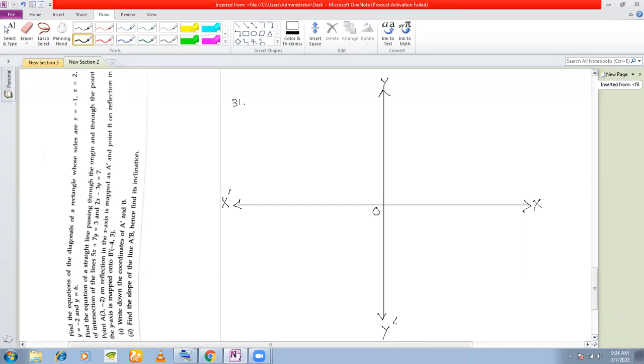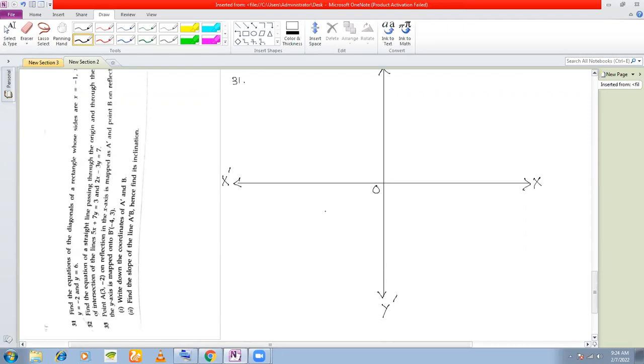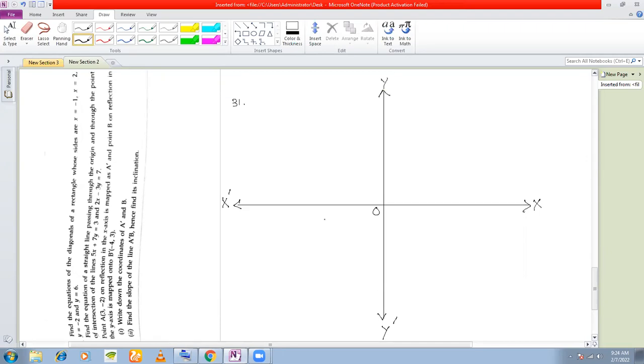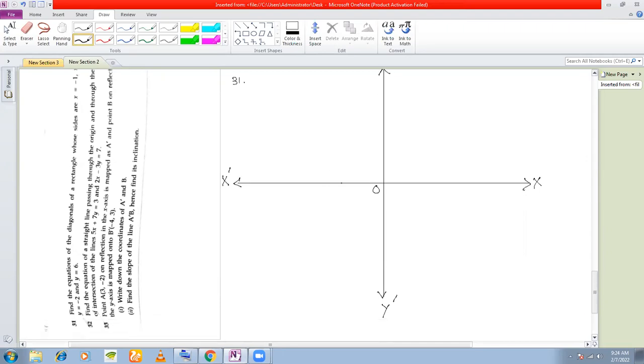x is equal to -1. So let's roughly draw x is equal to -1. Now x is equal to -1, if you remember, is a line that is parallel to the y-axis. Because x is equal to a form is a line that is parallel to the y-axis, we'll draw a straight line